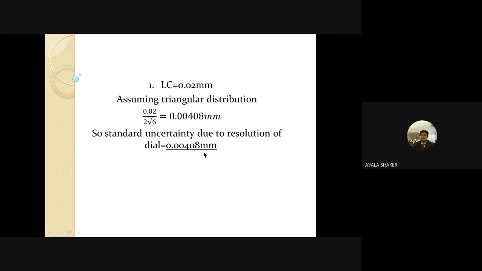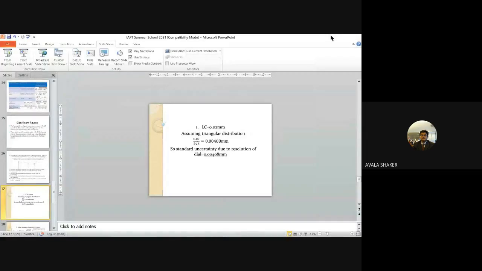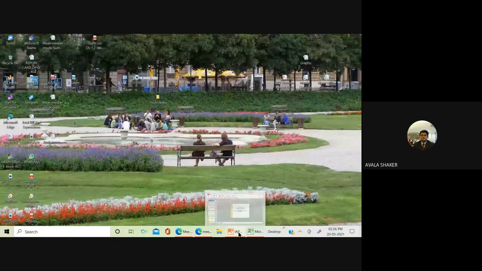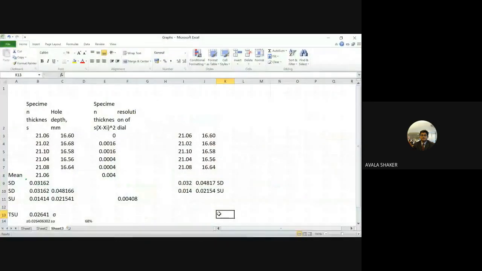Now this is 0.004, we have used the triangular distribution. You're using this dial for measurement of the specimen thickness as well as for the measurement of the hole depth. So this has to be 2 times, okay, so the total standard uncertainty